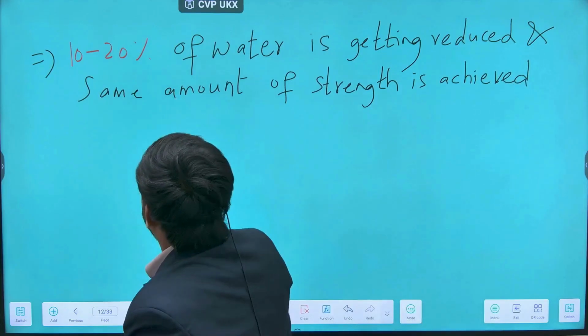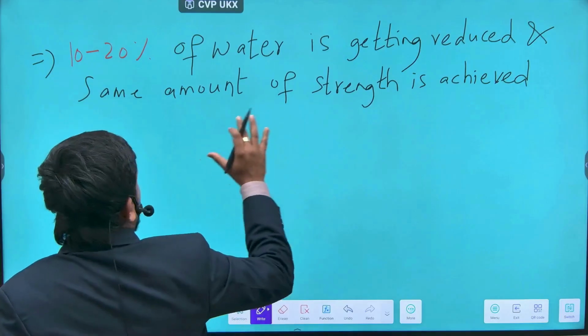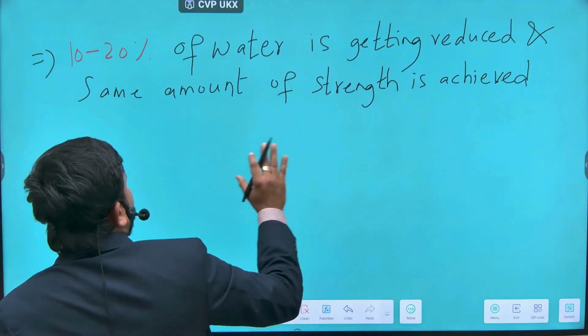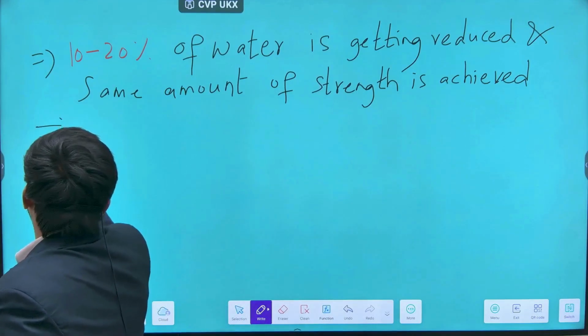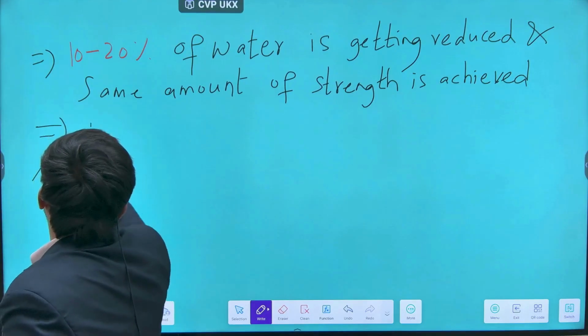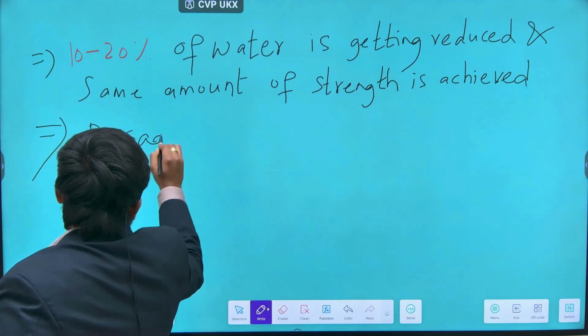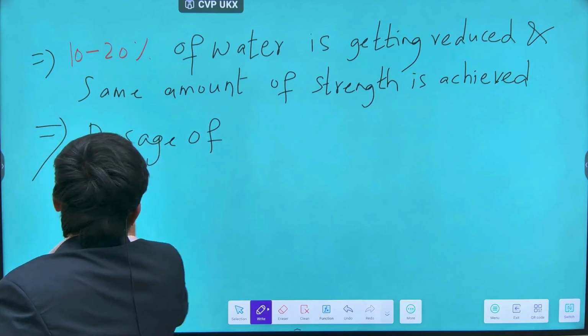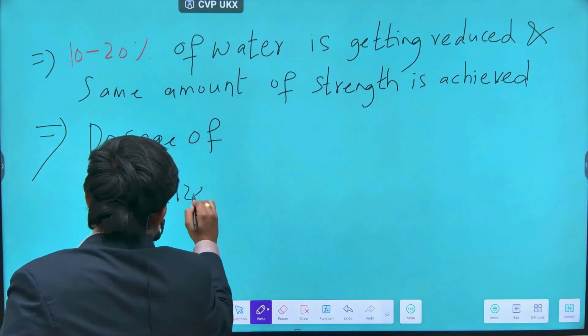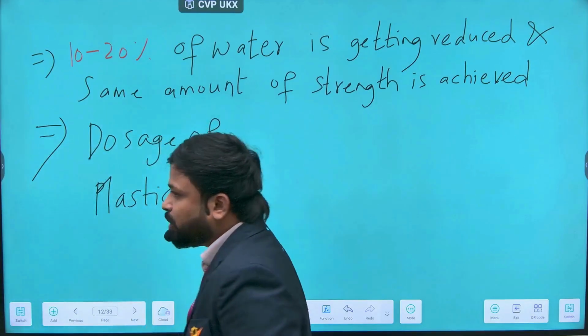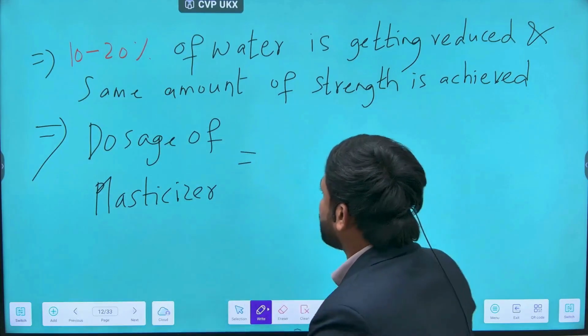Without any addition of water. Okay, 10 to 20% of water is getting reduced, and the same amount of strength is achieved at the end. Okay, how much dosage of plasticizer, how much am I going to add? So it is basically